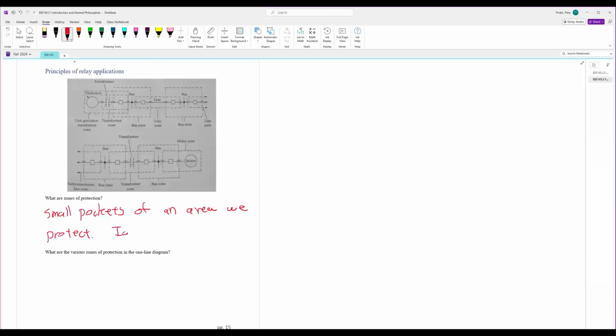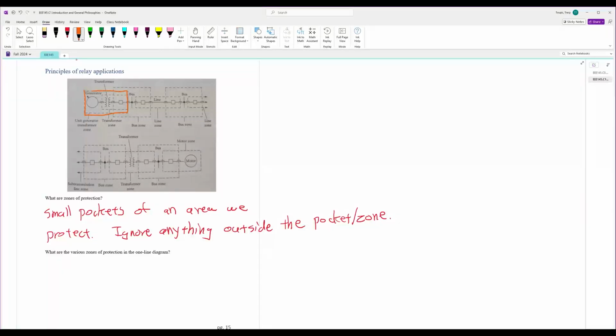And we ignore anything outside the zone. The pocket, the zone, they're the same words, just for simplicity's sake. I don't want to make a system that protects everything in the world, because then if one piece breaks, the whole thing goes down. Let's modularize our zones and say, let's have one zone for one thing, another for another. So for example, here, we have one zone right here,